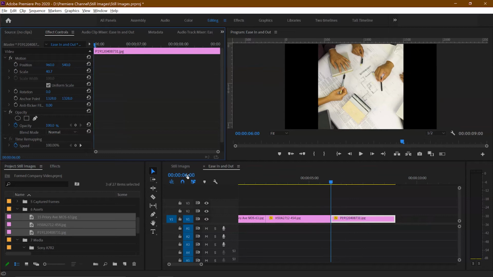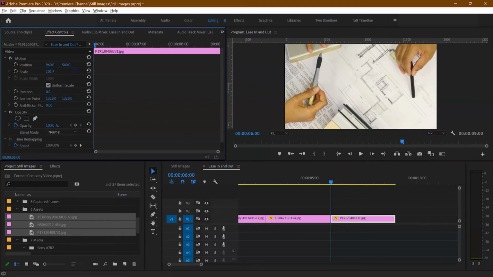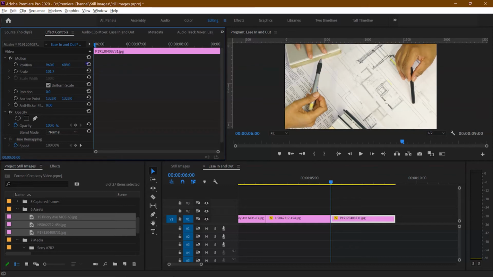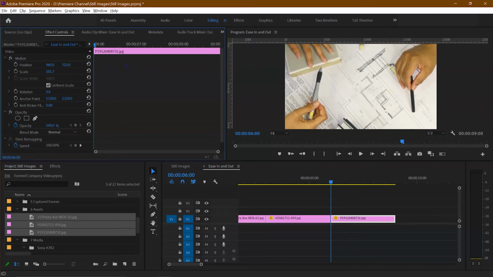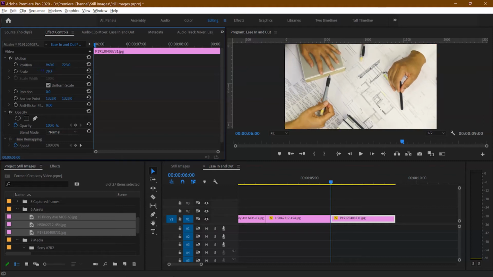That's fine. And on this next one then I'm going to rotate the image. So I'm going to first of all scale it up so that when we rotate it we're not getting any black borders around it. I want to just move it down slightly in order to rotate around that point in the image. Maybe just scale it down a little bit so that we can see all the pens that are on the image. And I'm going to change the anchor point to here so that we rotate around that point